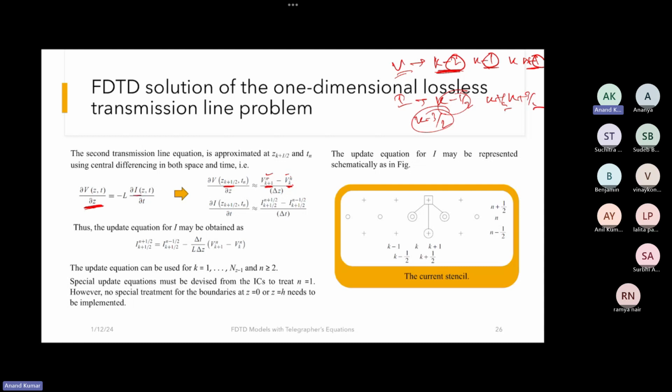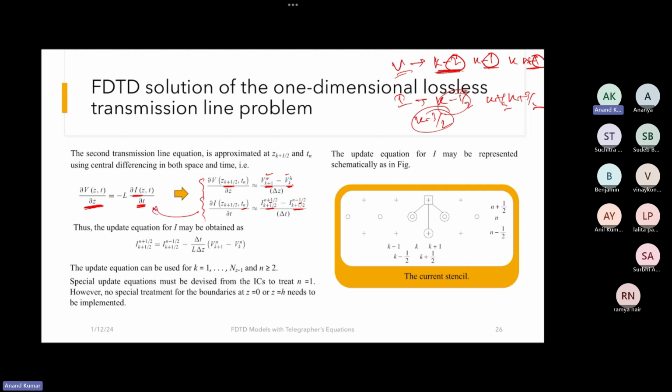Similarly, when we discretize the current, since this is discretized in time, at the nth instant we use n plus half and n minus half, and the node remains constant, and this again is at a fractional value. So this is how we discretize the voltage in space and the current in time,